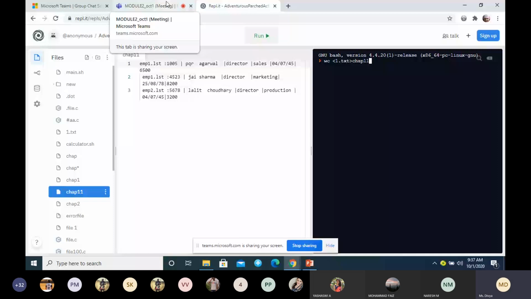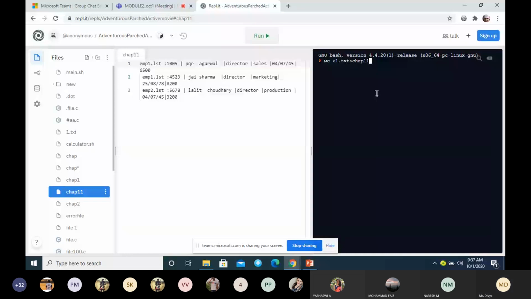Word count. But you cannot simply say it is a word count. It counts even the lines, the number of words and the number of characters. If this command is given in the exam, how will you write the description?